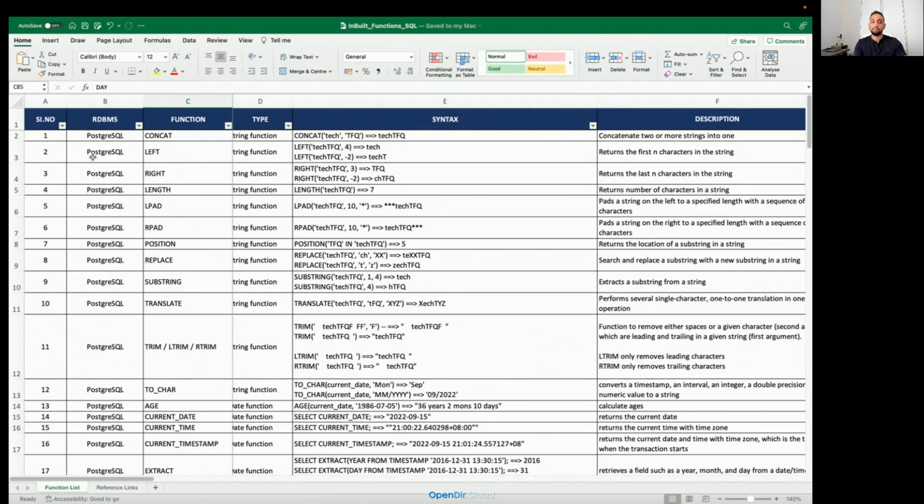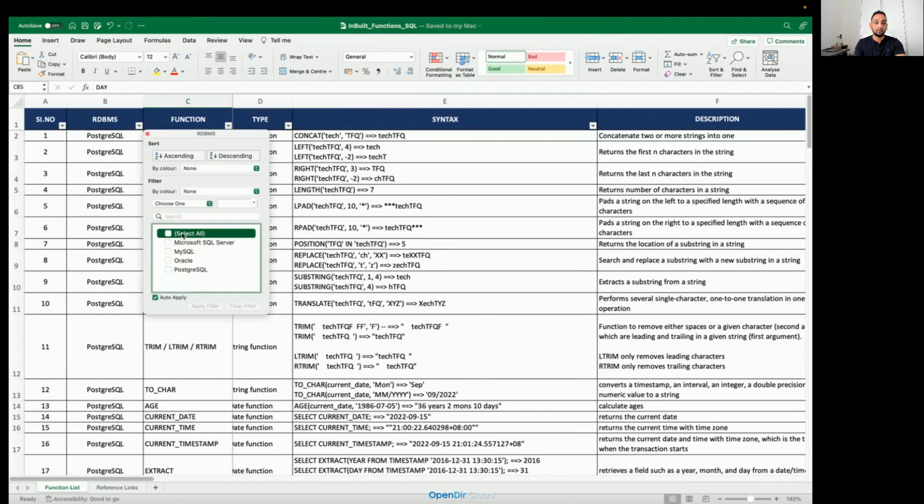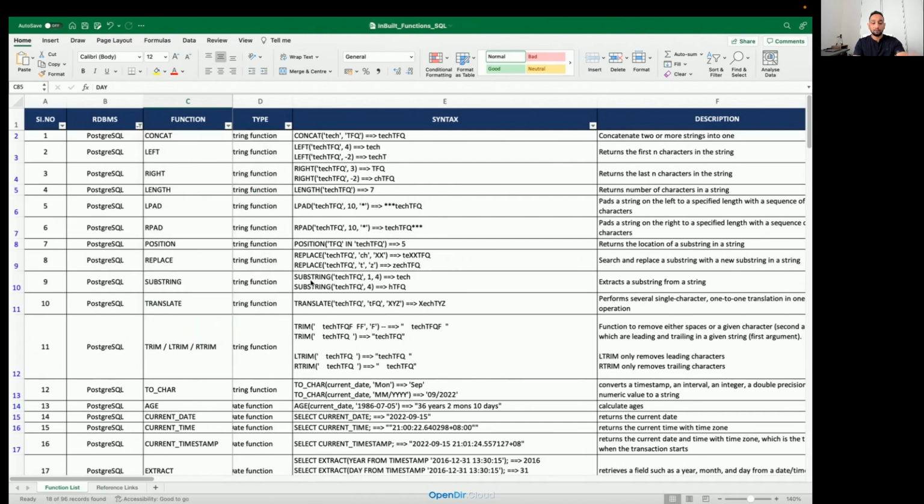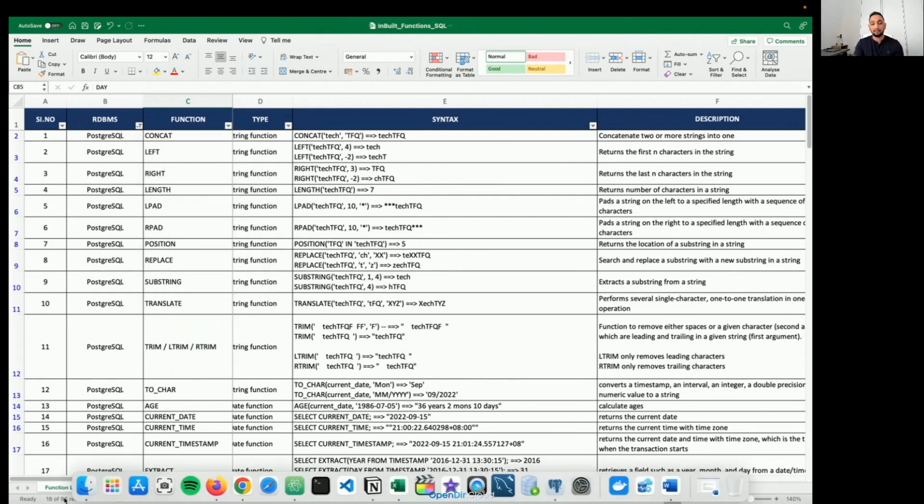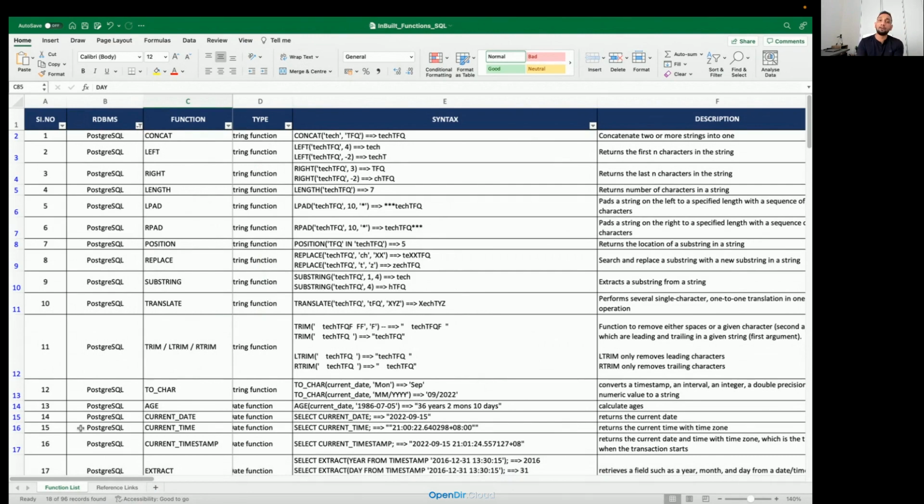Okay, but for example, different people use different RDBMS. So let's say I'm going to filter based on PostgreSQL. Okay, so I filter, and totally I have 96 functions. I have not included all the functions, because I have included the functions which I have used personally in my life, and the functions that I have seen people using in my experience, and the functions that I think are actually useful in different